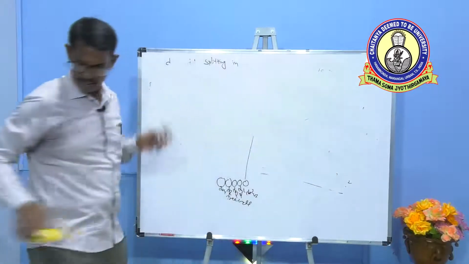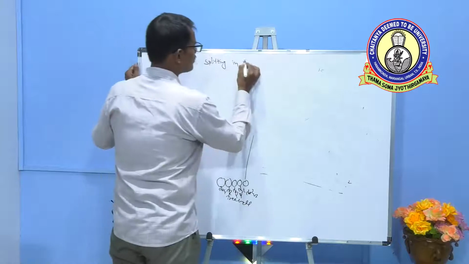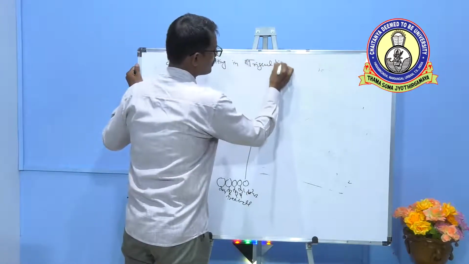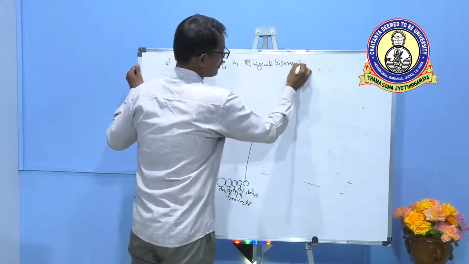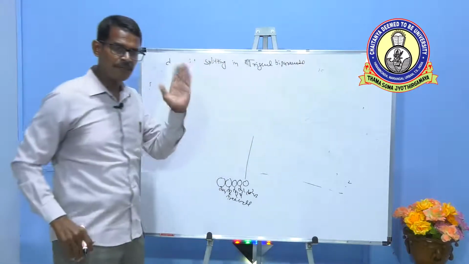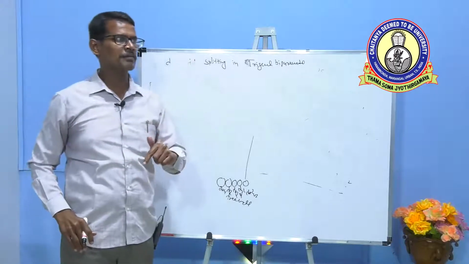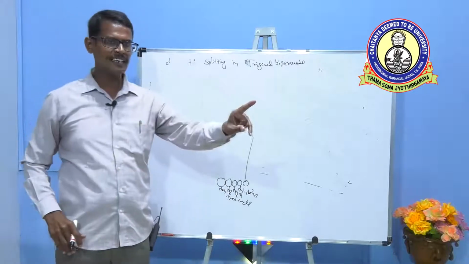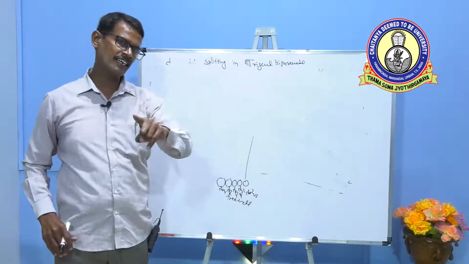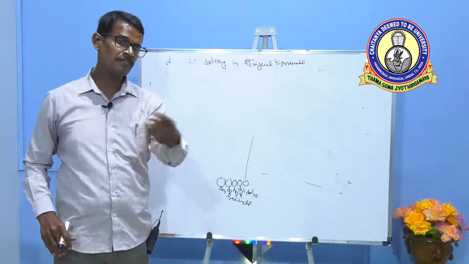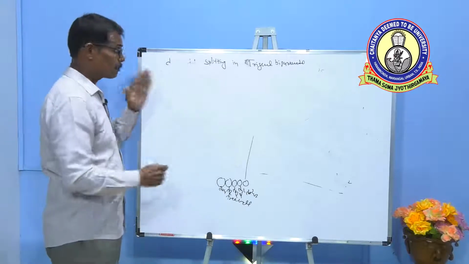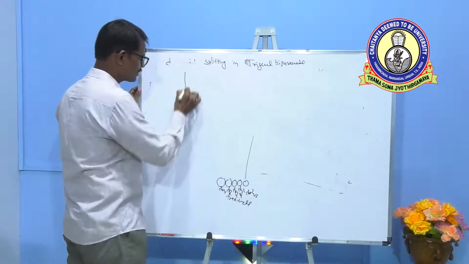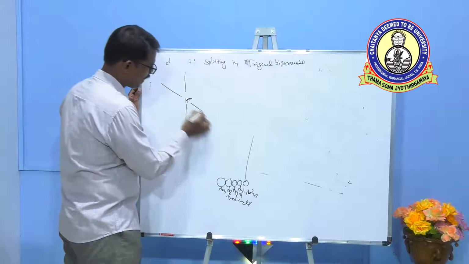Now consider d orbital splitting in trigonal bipyramidal. Up to this complex, if we observe, the donor atoms are present either along the axis or in between the axis. In octahedral, along the axis. In tetrahedral, in between the axis. Square planar, square pyramidal, also along the axis. But in trigonal bipyramidal, observe the metal ion is present at the center of the coordinating axis.